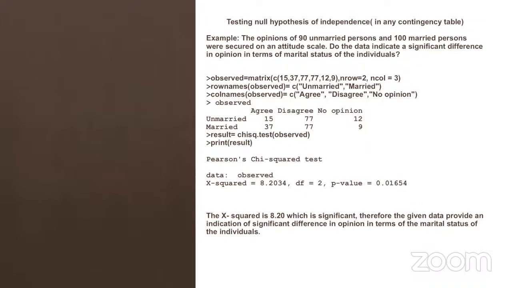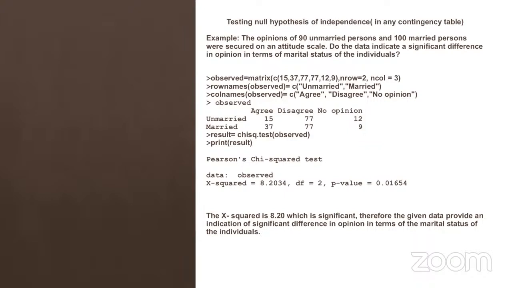Achha, here is one data set. The opinions of 90 unmarried persons and 100 married persons were secured on an attitude scale. Do the data indicate a significant difference in opinion in terms of marital status of the individual? So this is the observed data. And these are the row names, unmarried and married.